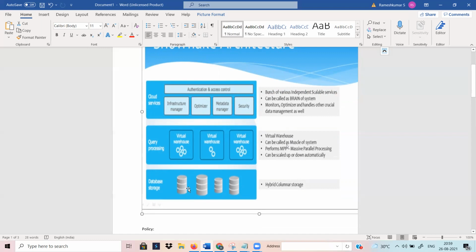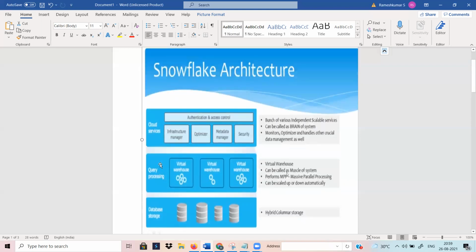In this case, that is called hybrid columnar storage. Because it is block by block, it also maintains replication and handles recovery, everything, so there is no miss on that.